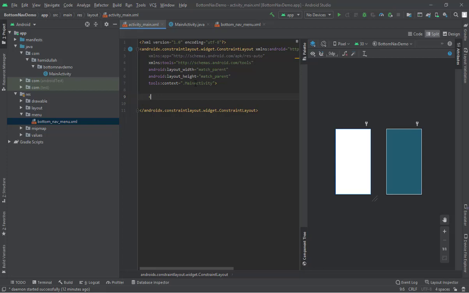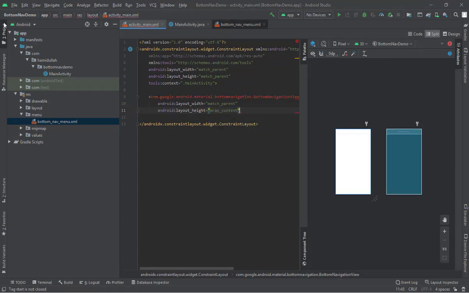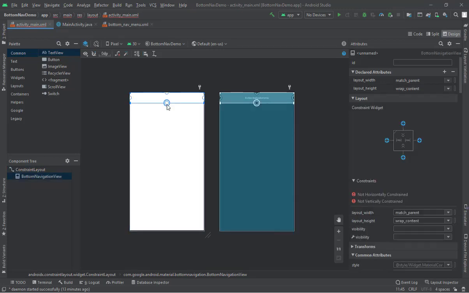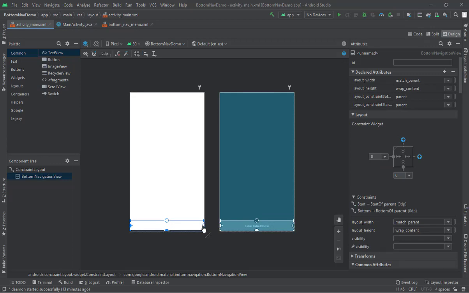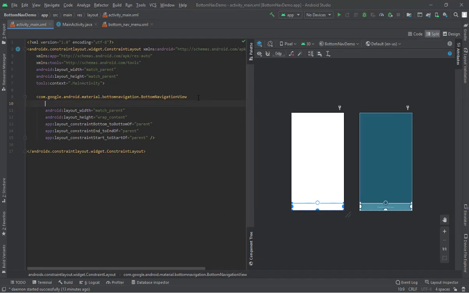Now that our bottom navigation menu is completed, we will go to our activity_main.xml. In here we will create a bottom navigation view. Width equals match parent and height equals wrap content, and in here go to the design view and constrain the bottom to the bottom of parent and start to the start of parent and end to the end of parent, and give an ID to the bottom navigation view. We go with bottom nav,